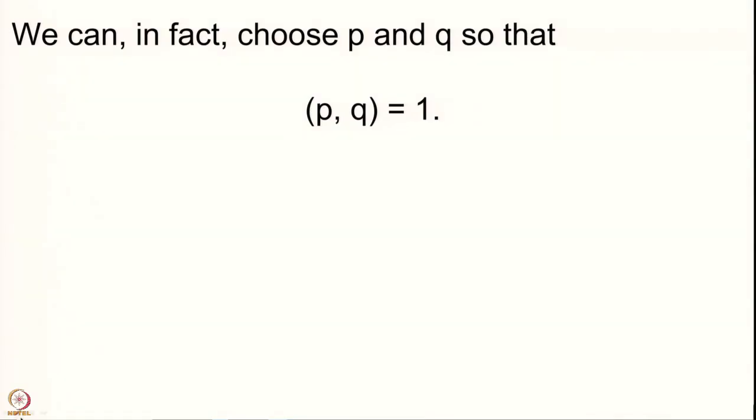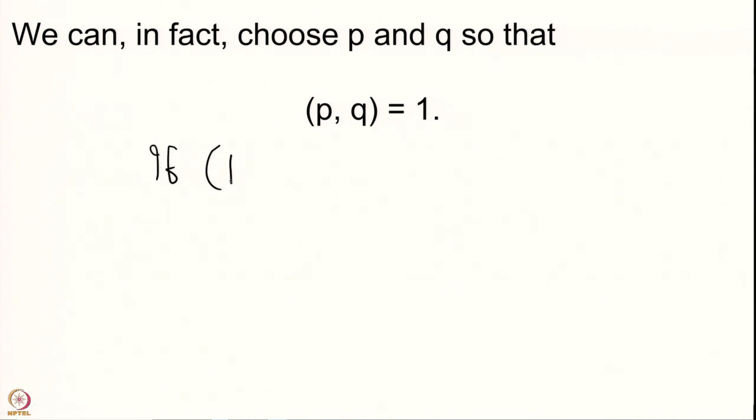What we have proved is that you choose any capital Q. For that capital Q, we have a good approximation where the denominator is strictly between 0 and capital Q. So, we have a bounded denominator giving us a good approximation to our real theta. In fact, if you take this theta, you can choose p and q such that the GCD of p and q is 1, because if they had a GCD,